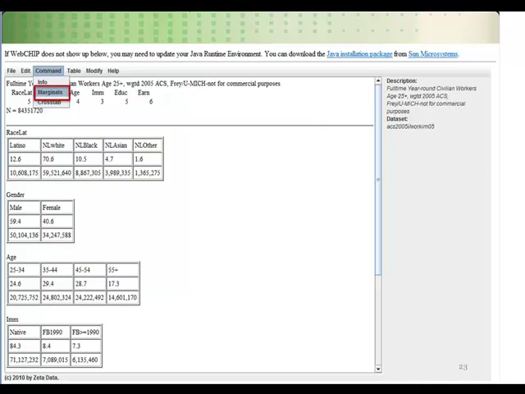Here you can see for at least some of those variables. The others are further down the screen. 12% of the population of these workers aged 25 and over are Latinos, and 70.6% are non-Latino whites. Immigrants are about